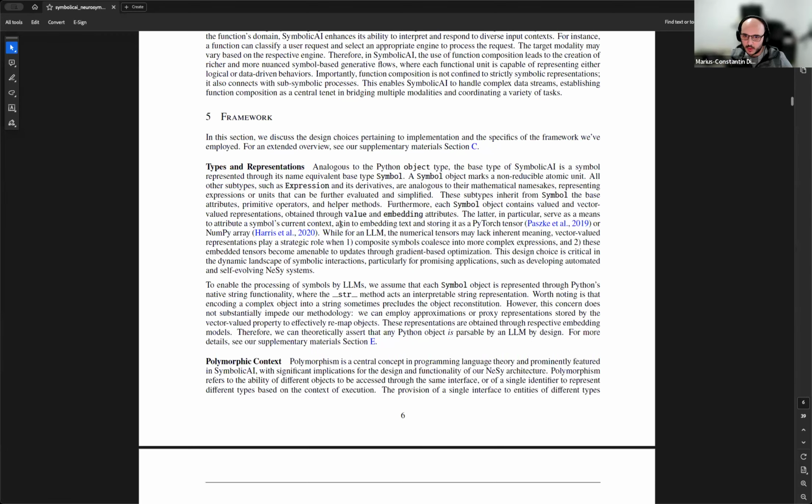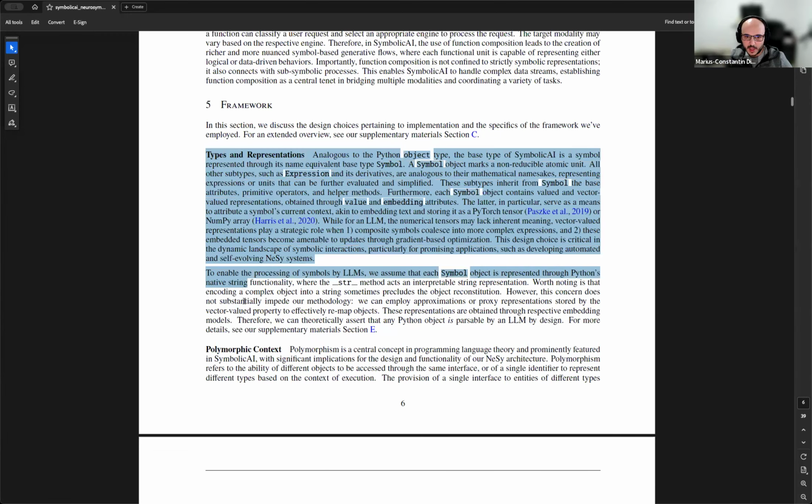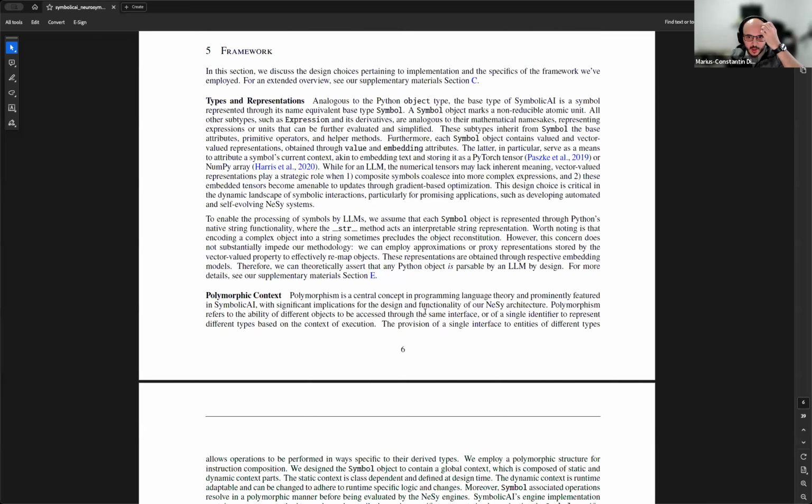Then the paper also offers some details about the typing system and representations, which I will not dive too much into because we can look at the code later. But just to give the analogy, Python has object as a base type. You can think of symbols being our base type, and then you have the first inheritance of a symbol as an expression, because you can always evaluate expressions to reduce them again to a symbol.